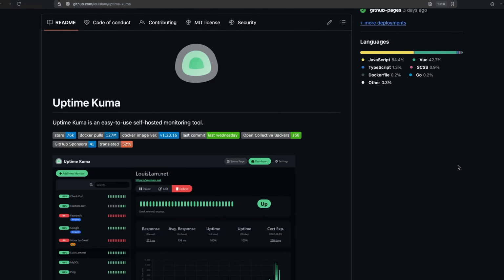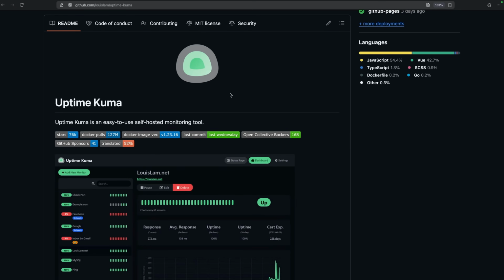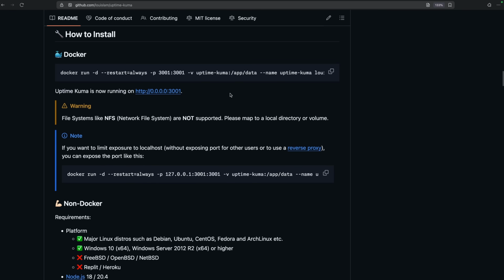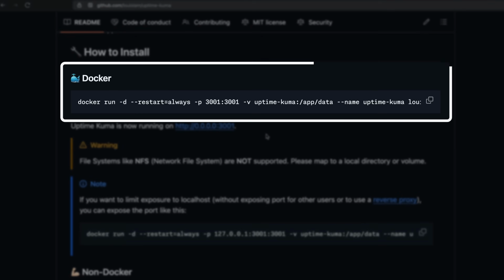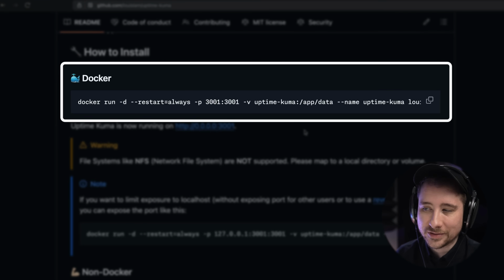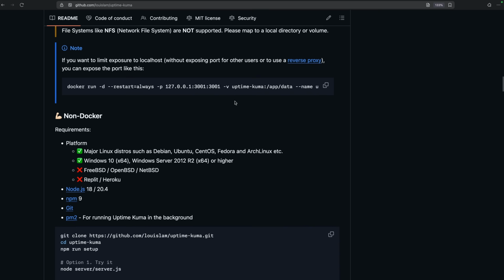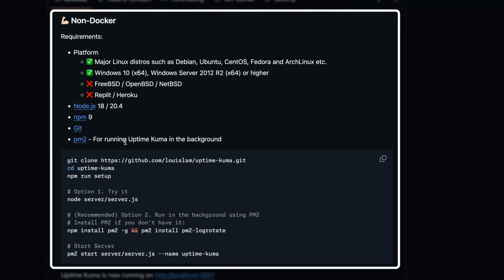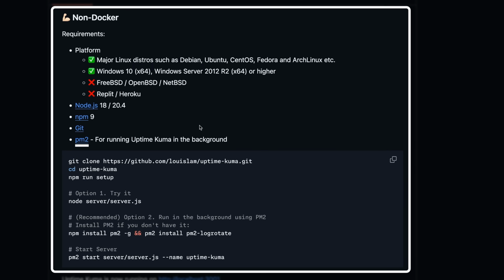In order to deploy an instance of Uptime Kuma, there are a couple of different approaches we can take laid out in the project's README. The first of these is to deploy it using the pre-built Docker image, which is pretty much expected for any open source service these days. However, the second approach, if you prefer, is to run it directly using something like PM2, as it's a Node application. Personally, I'm a fan of using Docker, typically with a deployment platform such as Dokploy. However, because it's a good idea to deploy monitoring software onto different infrastructure than it's actually monitoring, I'm instead going